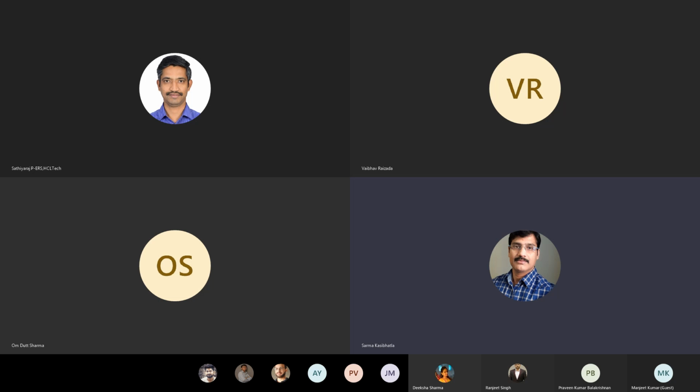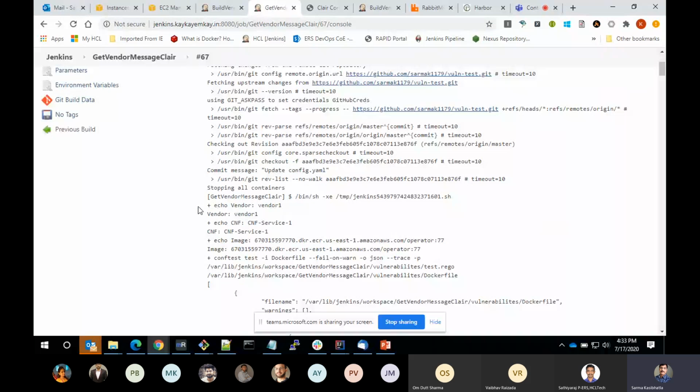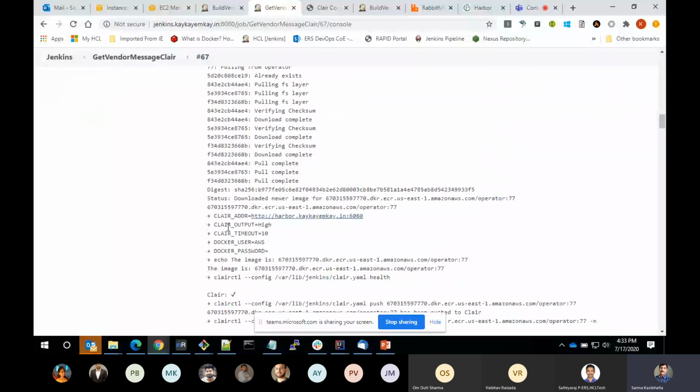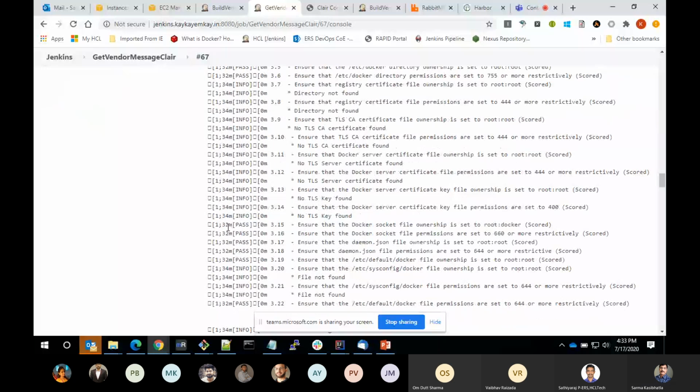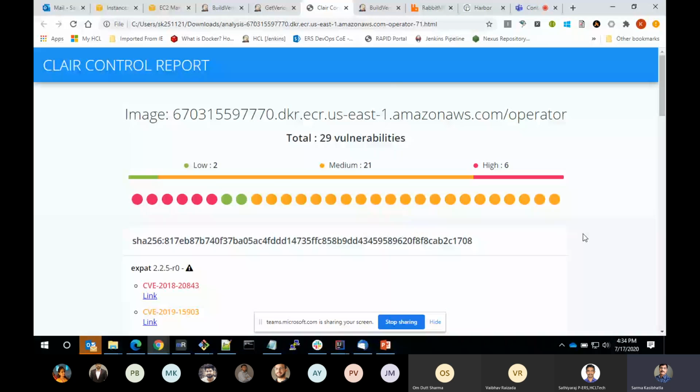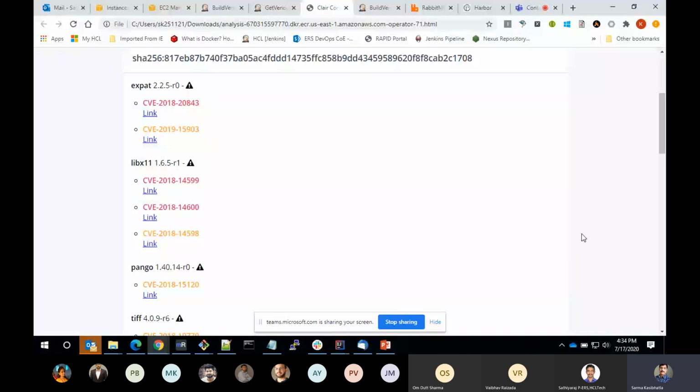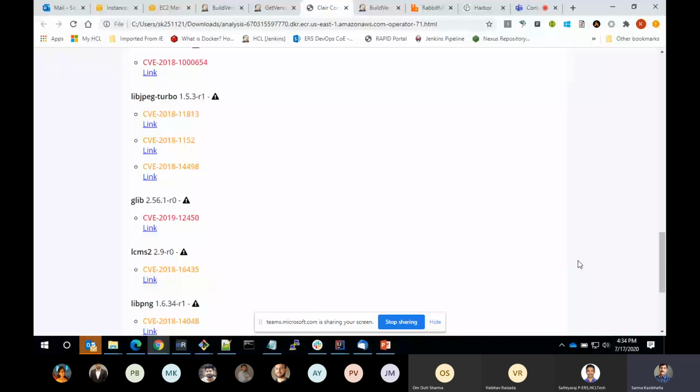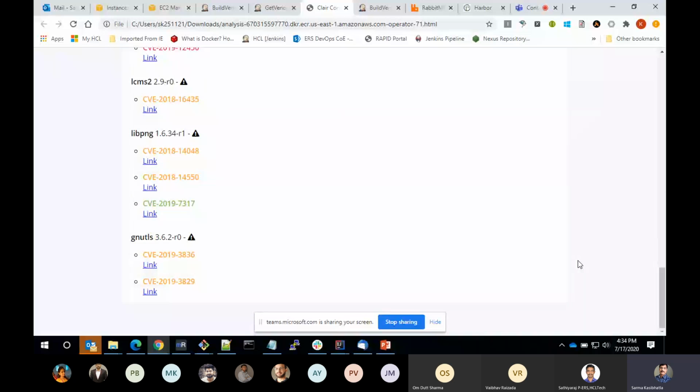Once the job is triggered to run the test, the test will complete, and then you get a notification that you have so many vulnerabilities that need to be fixed. You get an HTML report that you can download, and then see what vulnerabilities exist.